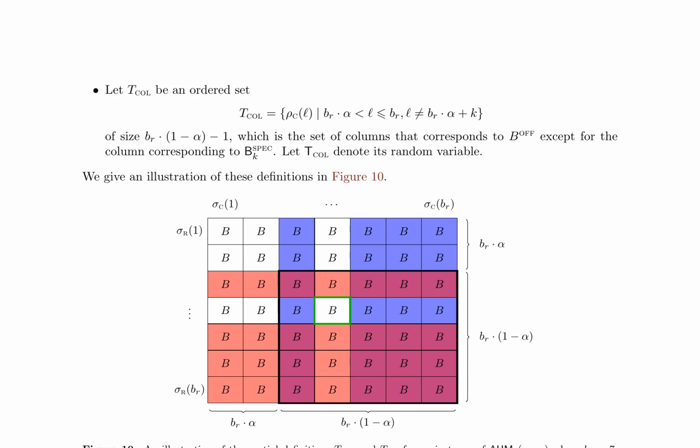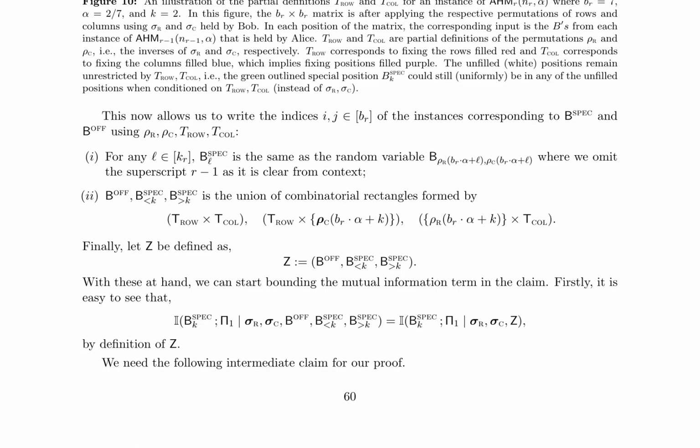The paper also introduces partial definitions of permutations, such as t_ro and t_col, which represent ordered sets of rows and columns in a matrix. These definitions are used to further bound the mutual information and demonstrate the efficiency of the protocol. The authors provide an illustration of these definitions in Figure 10, which helps to visualize the relationships between different